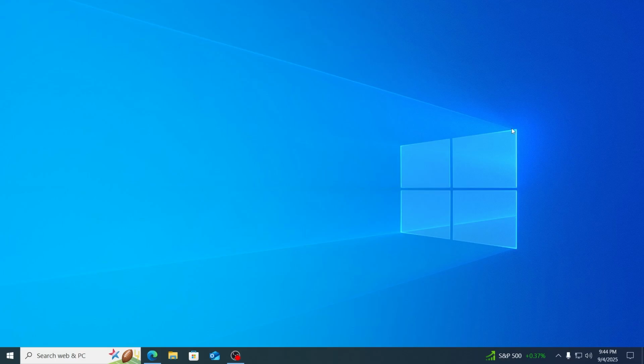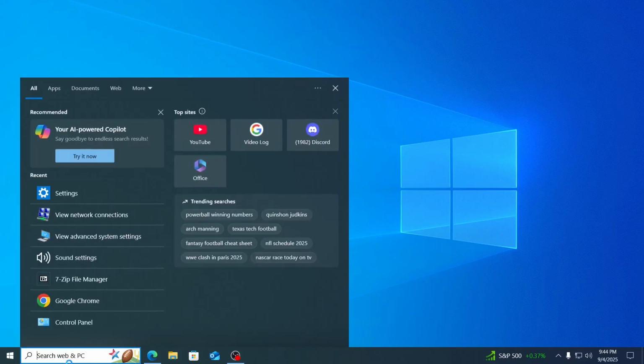In today's video, I'll show you how to clear search histories on your Windows 10 laptop or desktop computers. Now doing this will make your search history clear as well as remove all the recent activities of yours. So to do this, what you need to do is just go to your search bar and type